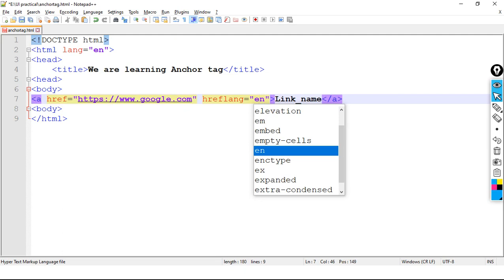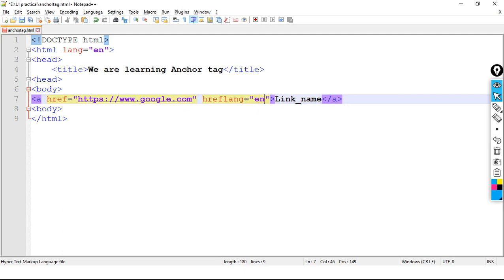What it will do is tell the browser that the primary language of the website, the particular link or the particular document, is English. Okay, I have saved the code. Let's move here and refresh.